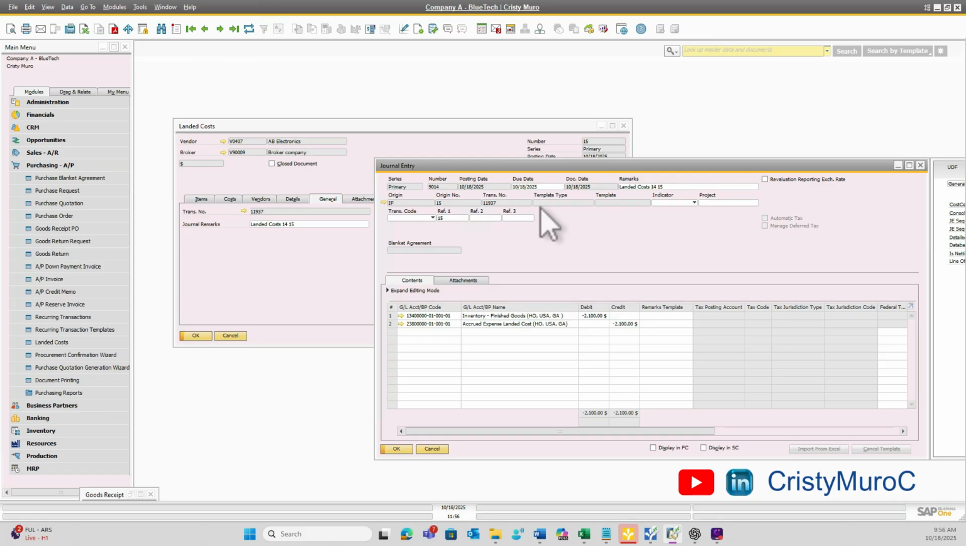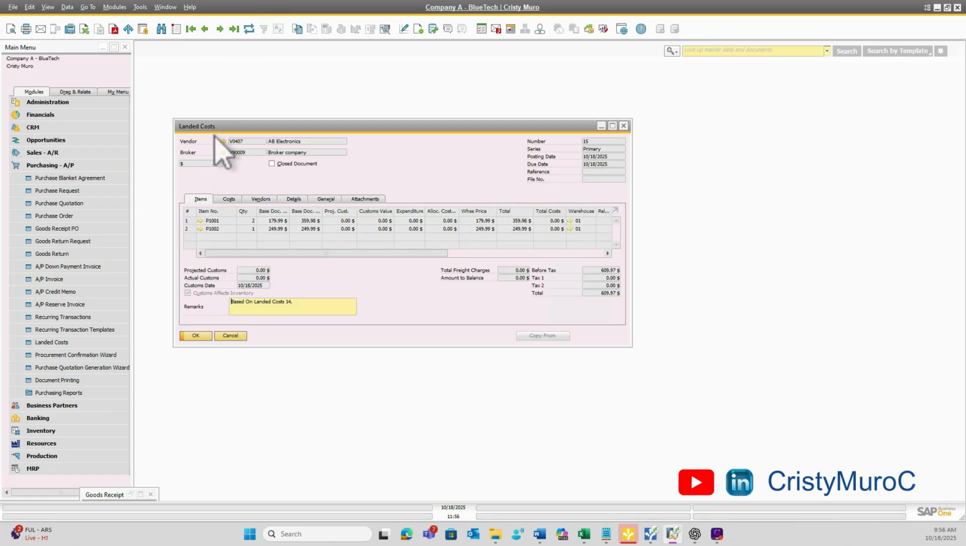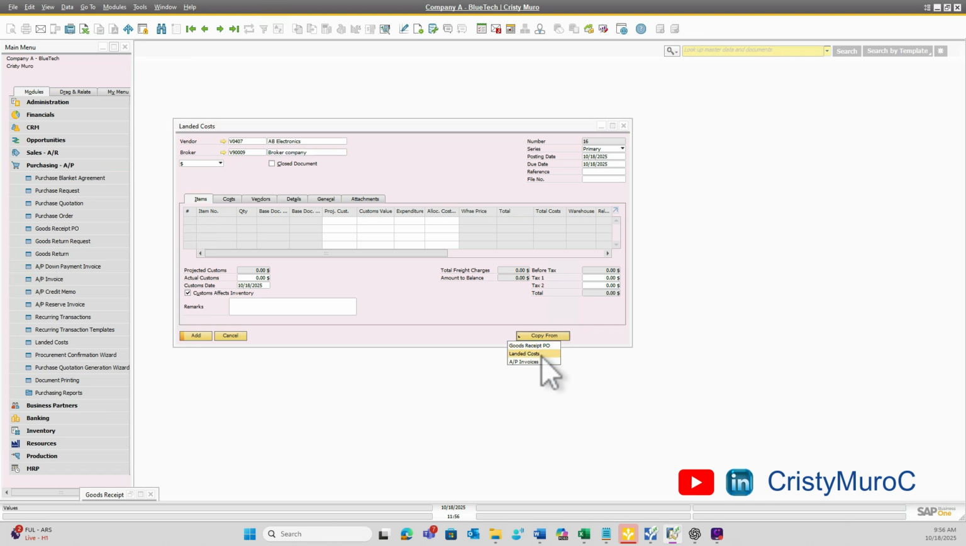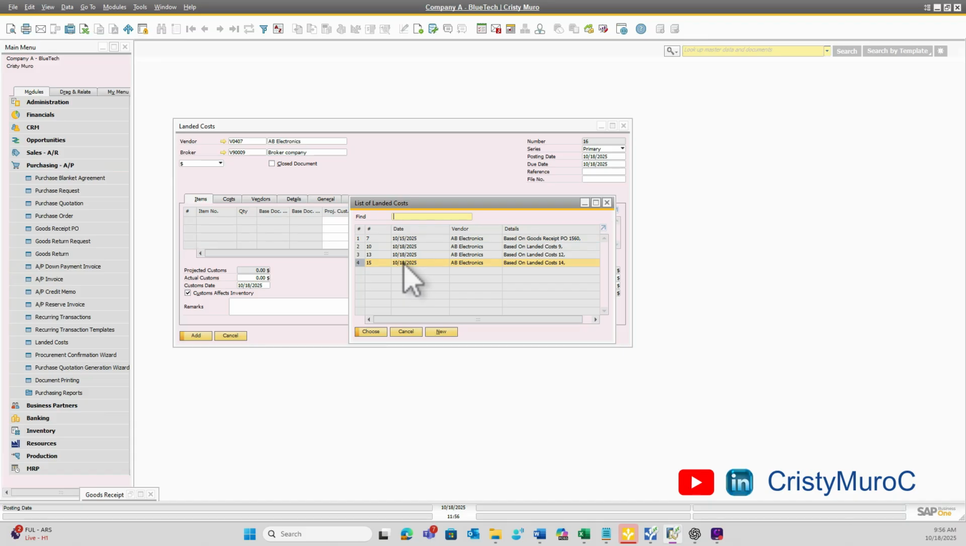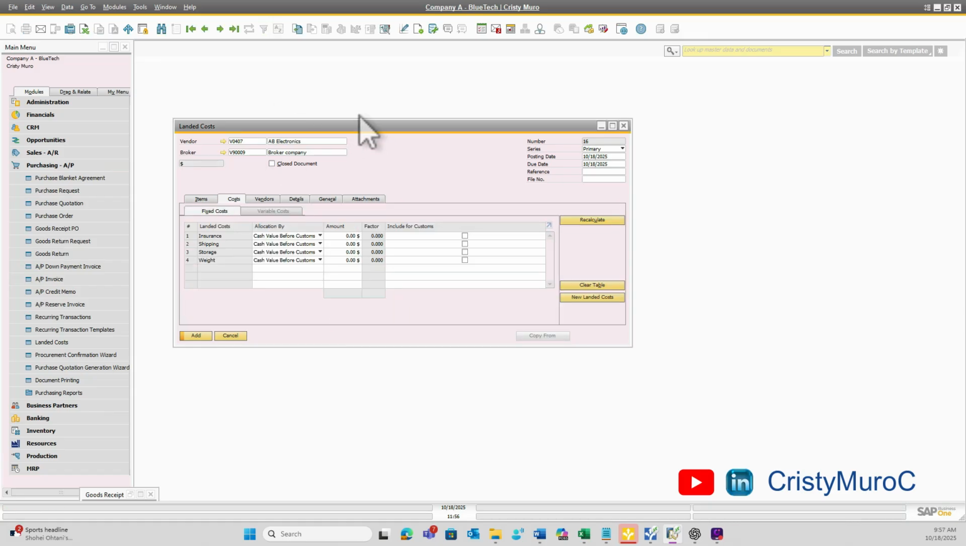Now that I have zeroed out the accounts, I can create a new landed cost. So I'm going to type the vendor and the broker. And same thing, I need to copy from landed cost, but now it's going to be the 15. And as you can see here, now I don't see the 14. 15 was the last transaction created for this operation. So I'm going to select the 15. Now if I go to cost, everything is 0, and now I can type the correct amount. So here the correct amount was 1,000, and for the shipping it is 2,000. I create the transaction,